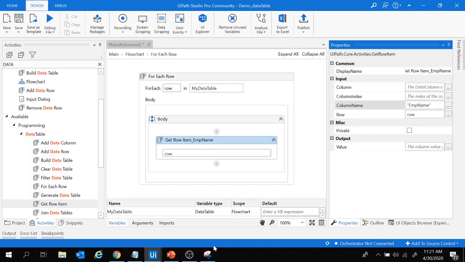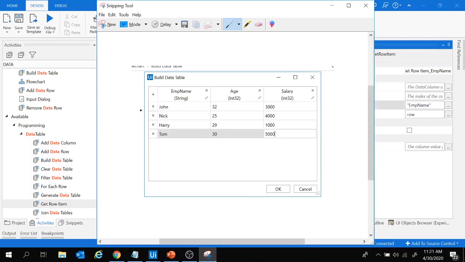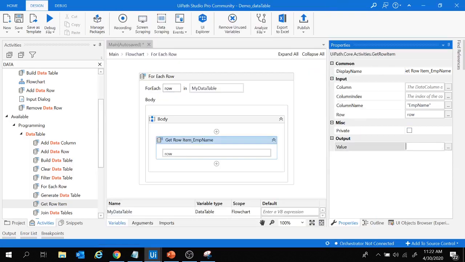Now when UiPath will loop through each row of the data table, let's say that UiPath is looping through the first row. So from the first row the employee name value will be John. So that needs to be stored inside a variable as well. So here we need to create a variable to store the employee name values. So for that, I'm going to right click over here, click on create variable, and let's give the variable name as employee name.